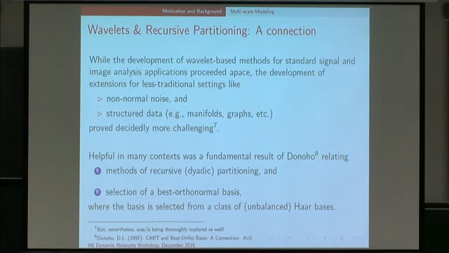The paper basically set up the idea that all the key elements of doing a traditional orthonormal wavelet basis were essentially representable in a binary tree representation of partitions, where the partitions had a hereditary structure: if you want to split an interval, you have to split it in half first, and then you split in half, and then you split in half, or whatever, right? So it was a particular type of partitioning that linked to certain trees that ultimately could be shown in various problems to have properties very similar to wavelets. And so that led to a slew of papers that started exploiting that idea in these contexts where going with wavelets was not as easy.